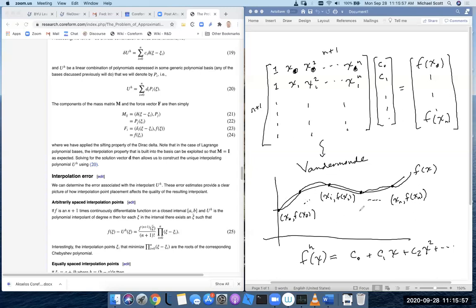So the point here is that I can take a function f of x, and I can approximate it with an interpolating polynomial. And let me use some notation that's common in finite elements. Let's use big U, H, to denote the interpolating polynomial of f. Okay? And what's important for you to see is that as the number of points go up, the degree of